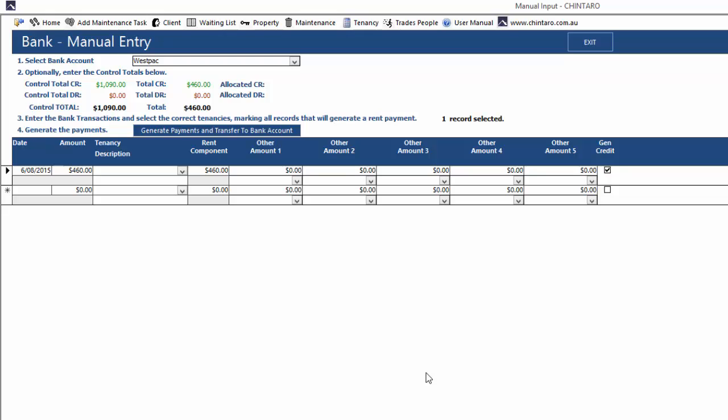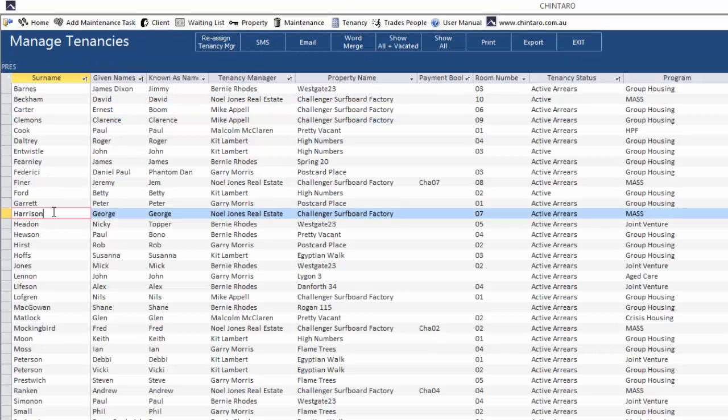Then when we select the tenancy for Stephen Prestwich and click Tab, the payment has been split into one rent payment and 3 other amounts, as Stephen has a rent payment of $400, a furniture payment of $20, a service payment of $30, and a utilities payment of $10. Now, we don't want this to show as a service payment, and we want to find out what the $30 is for. We can go into his tenancy record,